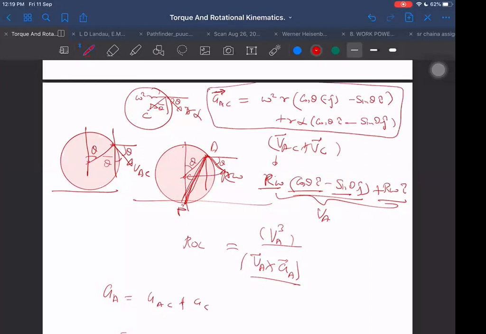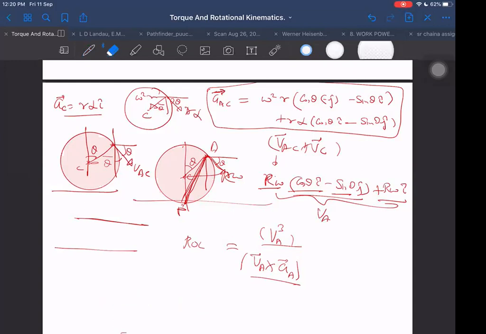What is AC? Acceleration of C will be just R alpha along I cap. Omega square R will not be there for this. Why am I not taking omega square R for C here? The reason is it is moving in a straight line path. In a straight line path, it cannot have this centripetal component omega square R. Okay, sir. That is not possible for this. Don't think in terms of that. Yes, sir, understood.